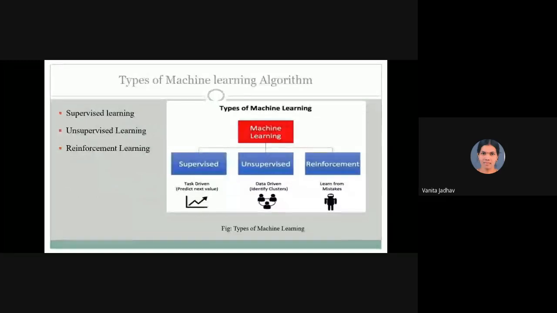reinforcement learning. In supervised learning, we train an algorithm, and in the end of the process, we pick the function that best describes the input data. For a given x, it makes the best estimation of y.